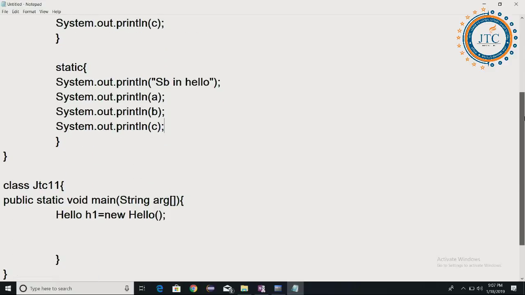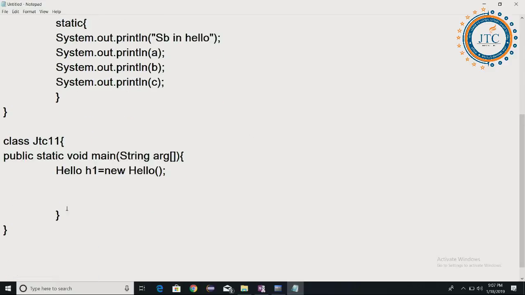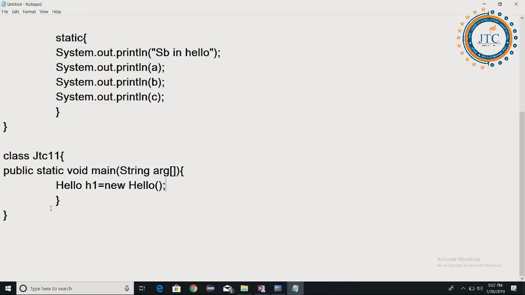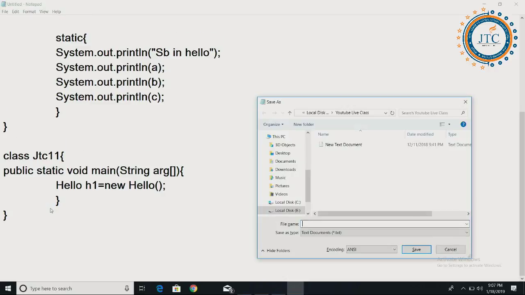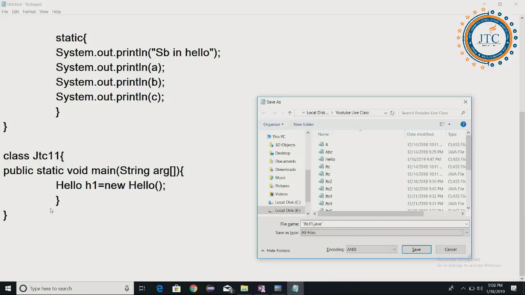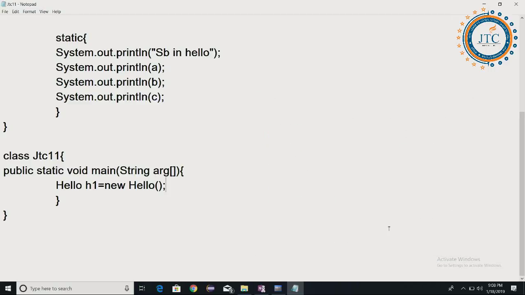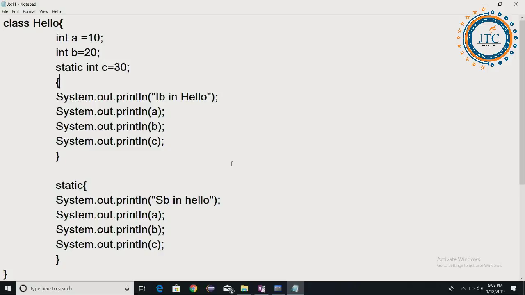Okay. Now, when I have written all these different types of members inside the class, whenever I am trying to create the object of a class, as I have already discussed, first it will check whether the class is loaded or not.